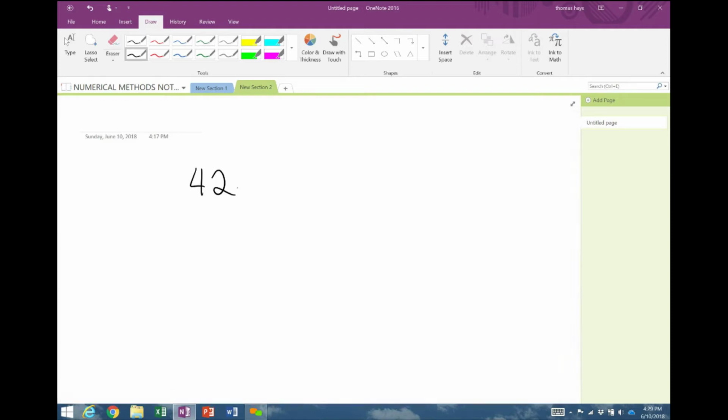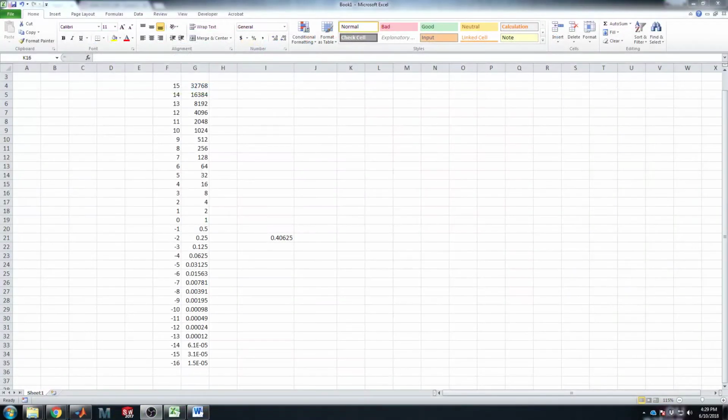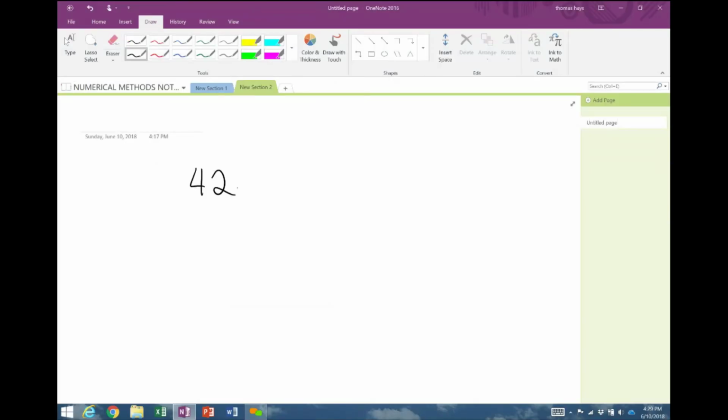So for this, I do have my handy dandy calculation table that I made in Excel. You've probably seen that after watching the description of that section of the textbook already. If we need to represent the number 42 in binary form, we need to go up to a value less than 2 to the 6th for sure, because 2 to the 6th is 64. Remembering that 2 to the 0th counts as one bit,